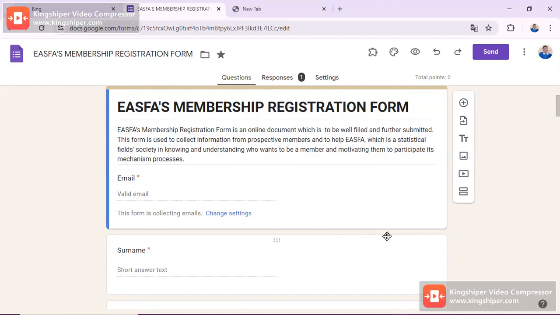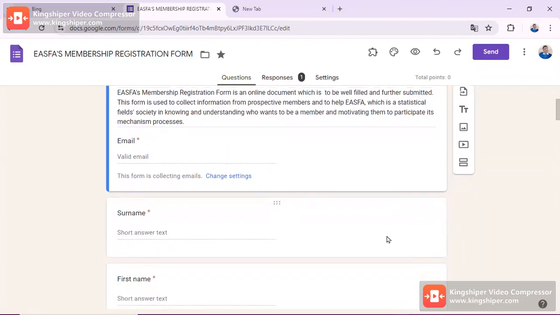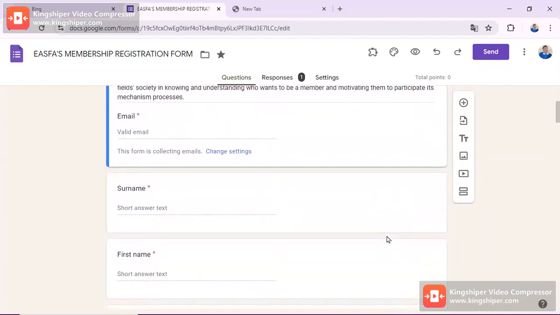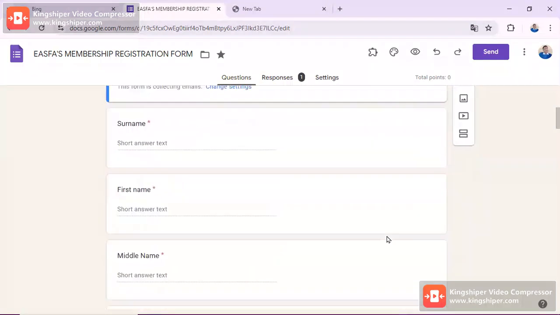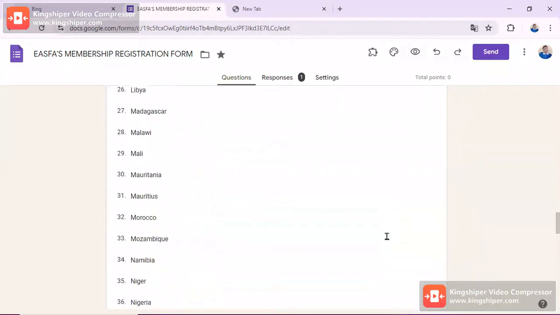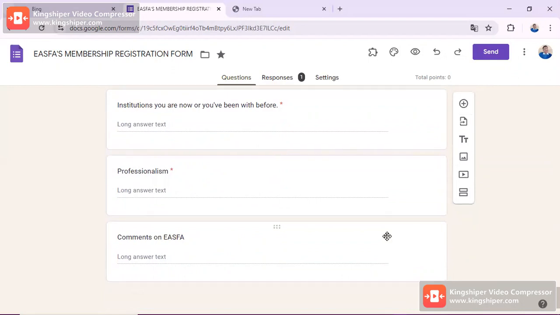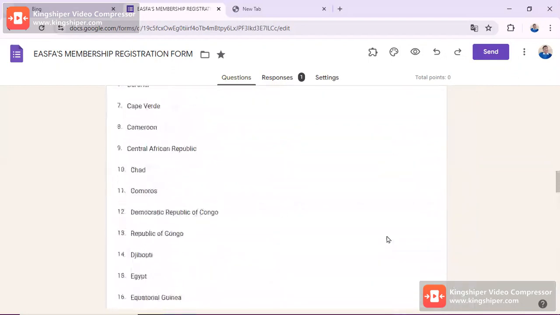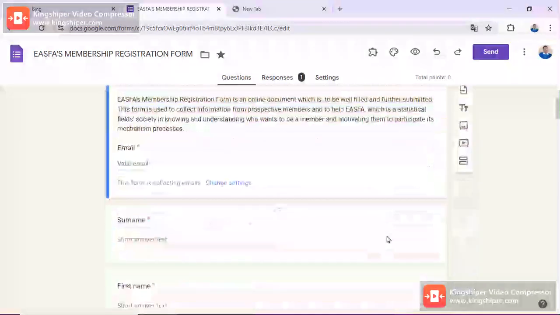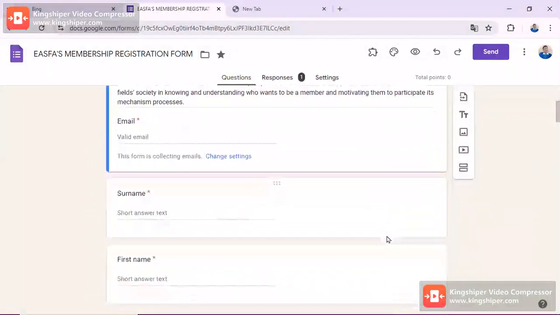Since the form is not something large from the start to the end, whenever you submit, the whole form might be sent to your mail and you have to save it.